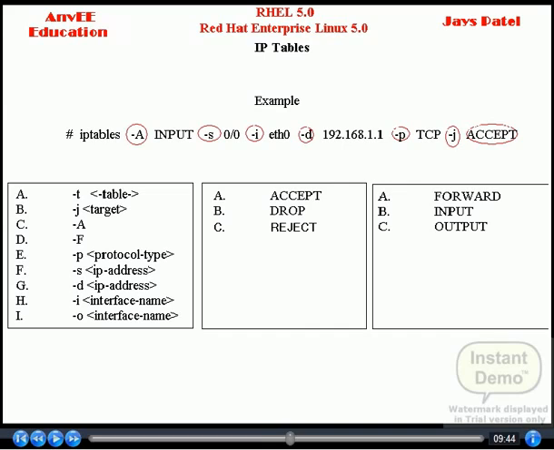And next is the processing for a packet handled by the firewall. There are three processing chains: forward, input, and output. Forward means filter the packets to servers accessible by another NIC on a firewall. Next is input. It means filter the packets